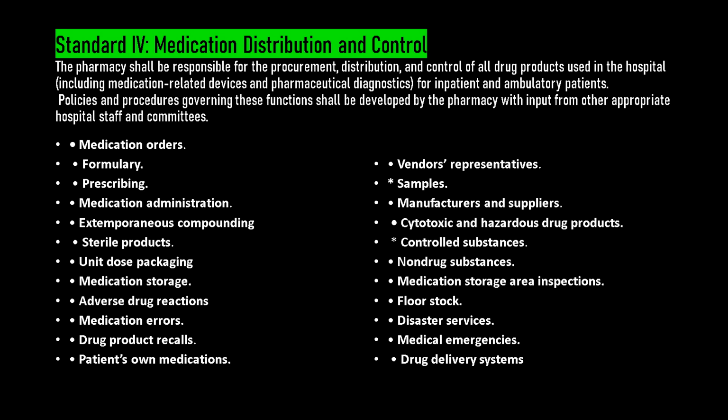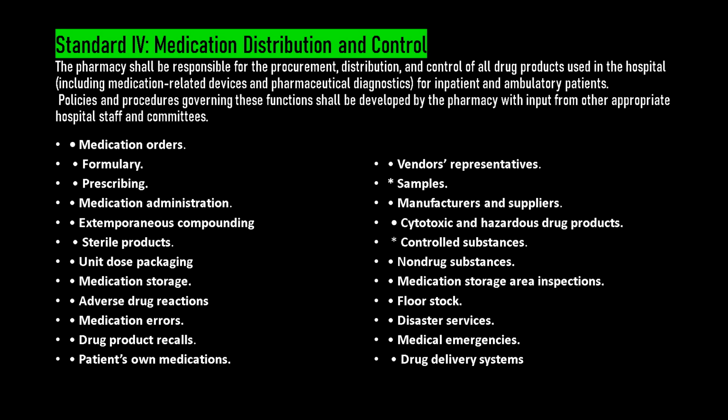Patient own medications. If there is a drug product and related devices brought into the hospital, the patient shall be identified by the pharmacy and documented in the patient's medical records if any medication is used during hospitalization. They shall be administered only pursuant to the prescriber's order. So this is a type of medication, called patient-owned medication.